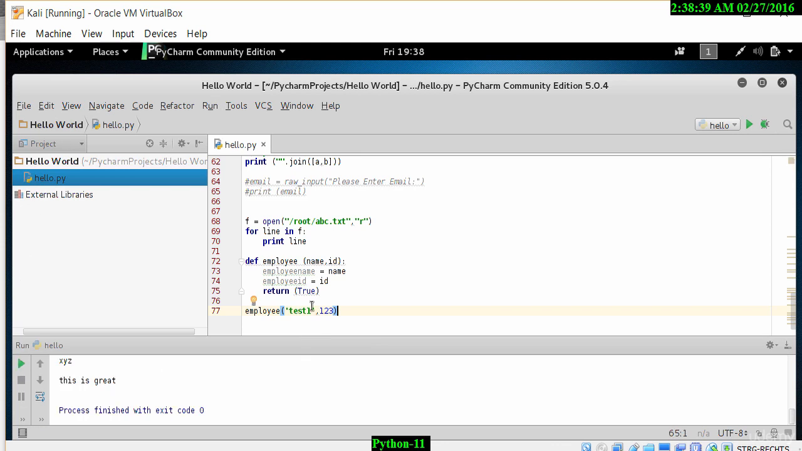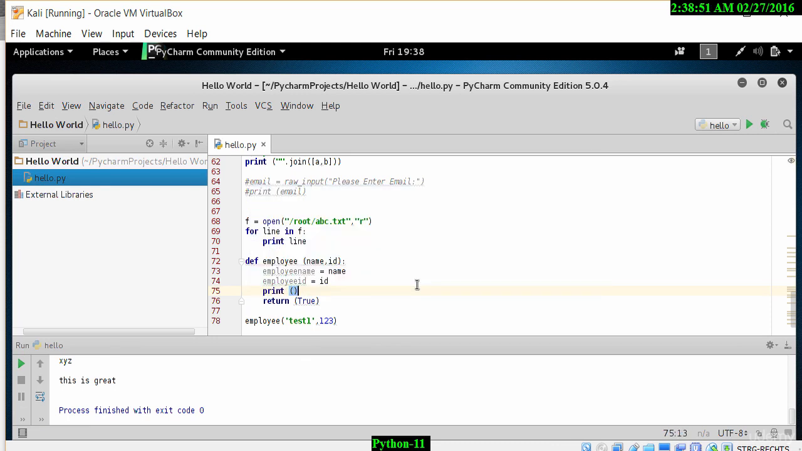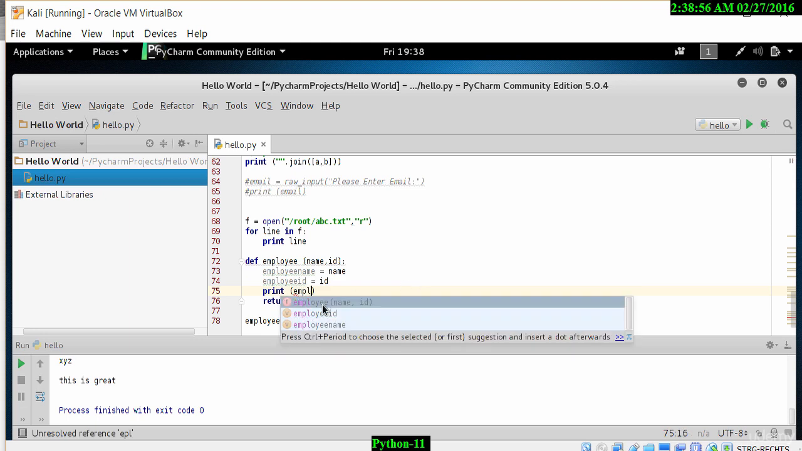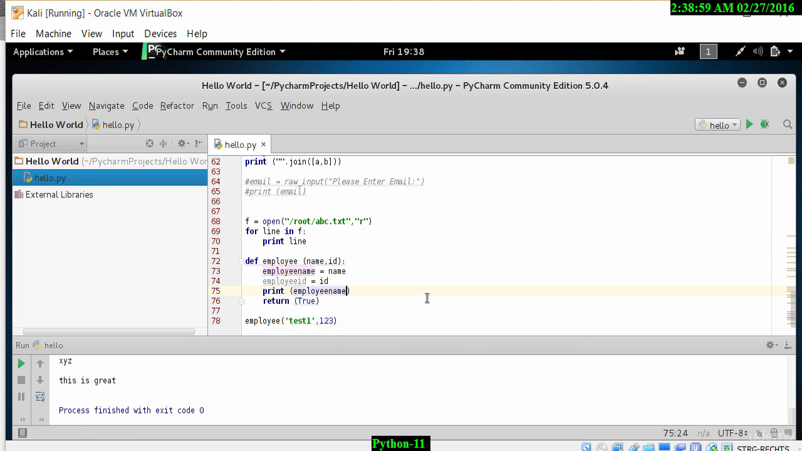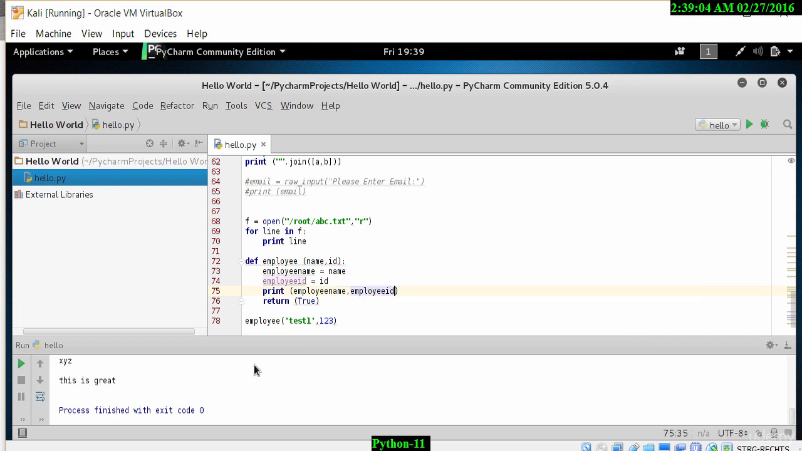Now, nothing really has happened because I haven't printed anything here. So let me just go to the line before return the value of true, and let's print employee name and employee ID. So let's do that by typing in print employee name, comma, employee ID. Now what should happen is when I print this, let's have a look. It has returned the username and ID, because I have called the function in the line below,